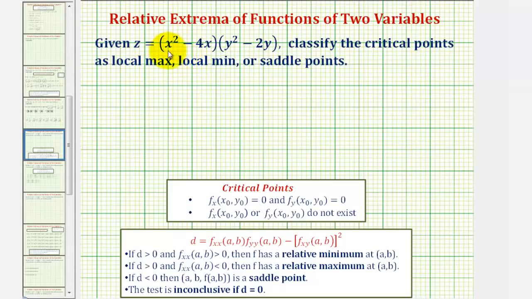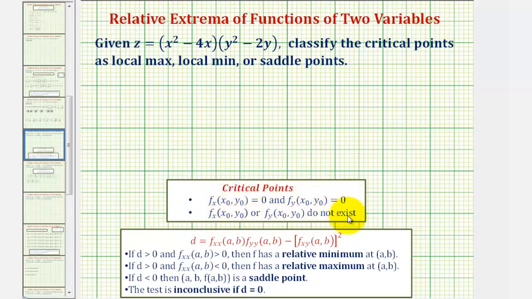We're given z equals the quantity x squared minus 4x times the quantity y squared minus 2y. We want to classify the critical points as local maximums, local minimums, or saddle points. To find the critical points, we'll determine where the first order partial derivatives are both equal to 0 or where